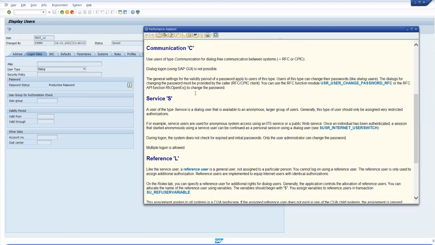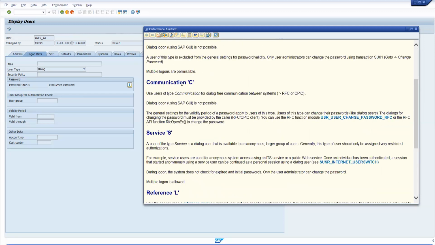Now the next user type is communication. Just by the name of this user type, you'll be able to understand that it is for dialogue-free communication between systems by using RFC, which is remote function call. Dialogue login is also not possible here. For example, if you want to talk between two SAP systems, let's say ECC and BW, and you want to send information to the BW system,